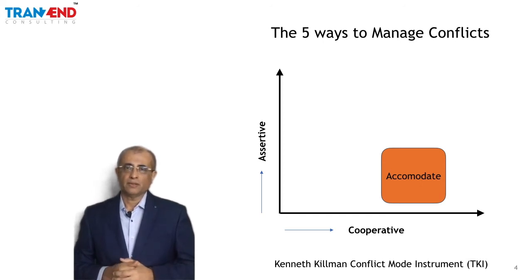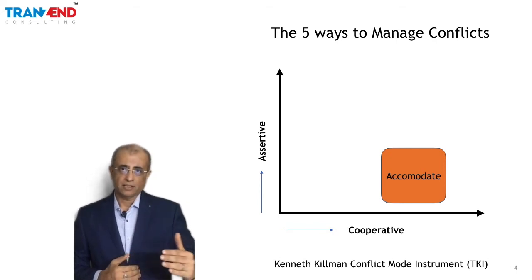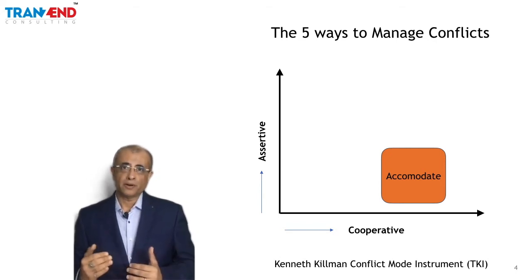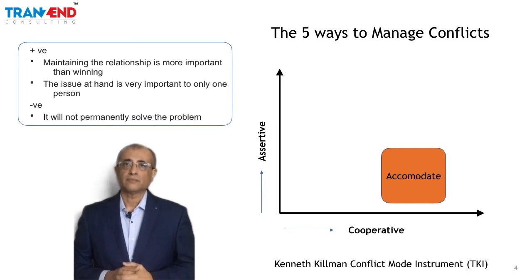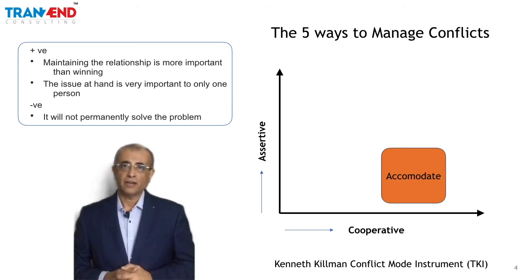Now let's say, for example, you get into a small minor conflict with your supervisor. The supervisor feels that this communication that is going out to the client should be drafted in a certain way. You feel it should be drafted in a different way. Now, it's not important for you. At the same time, you feel that if I accommodate, my relationship with my supervisor will improve. So here you accommodate to that conflict because it's not important and a larger objective is more important for you.